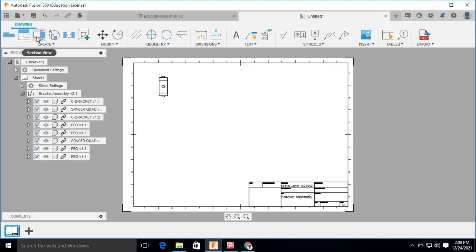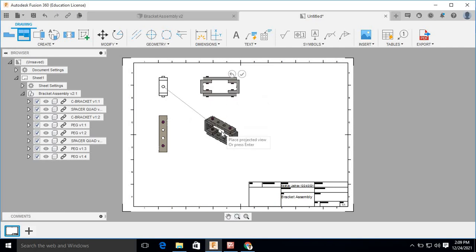Then to project this we can select here project view option, then click and move the mouse in downward direction. So this is top view. Similarly, if you move in this direction we will get side view. If you move cursor on this side, then we will get isometric view like this.